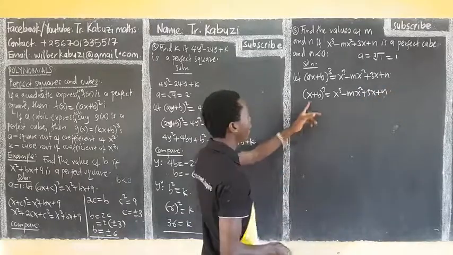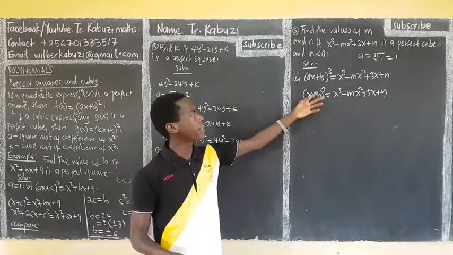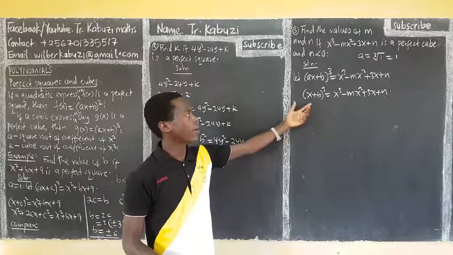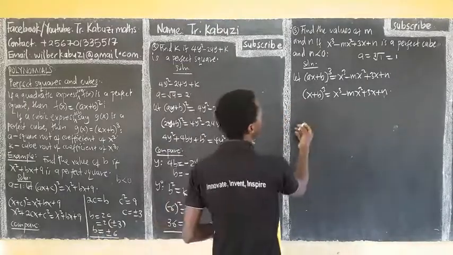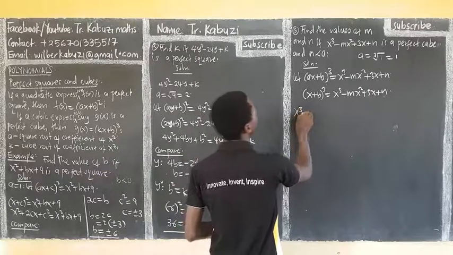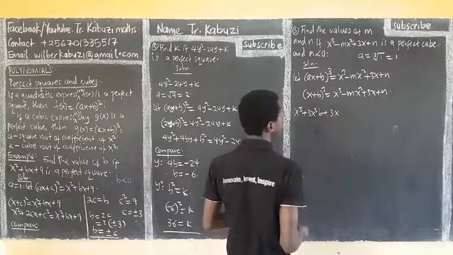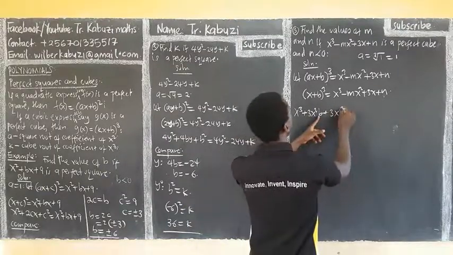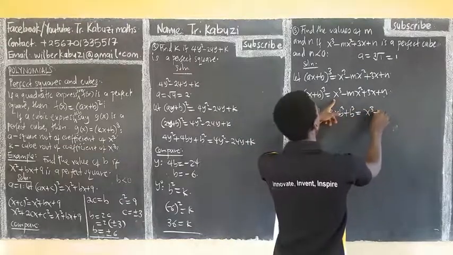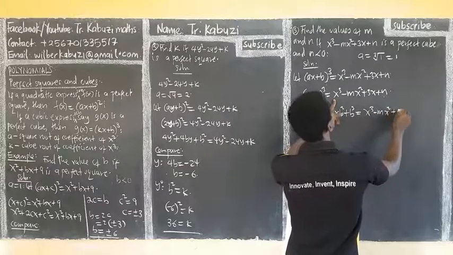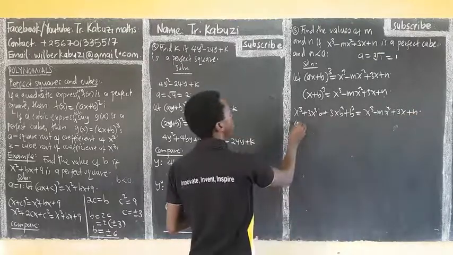Can you expand it? Here you can expand this: x plus b squared times x plus b. But we said that you can use Pascal's triangle as we've seen in previous lessons. So when you expand this using Pascal's triangle, this will be x cubed plus 3x squared b plus 3x b squared, then plus b cubed, which will be equal to this. You can expand it slowly at your own pace. Now if you compare coefficients,